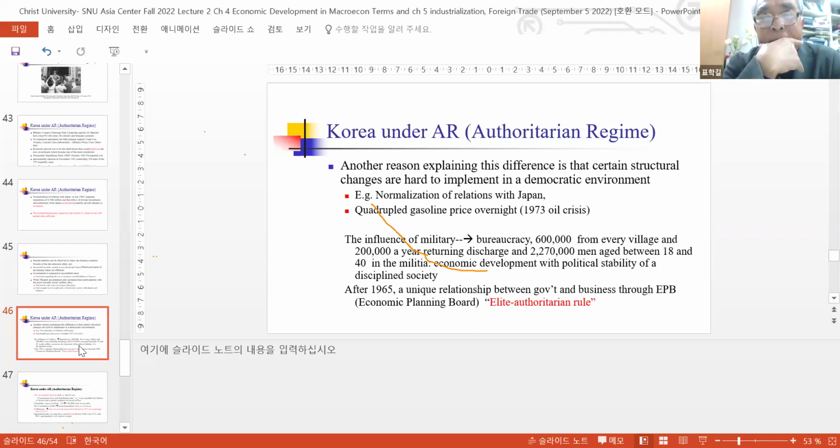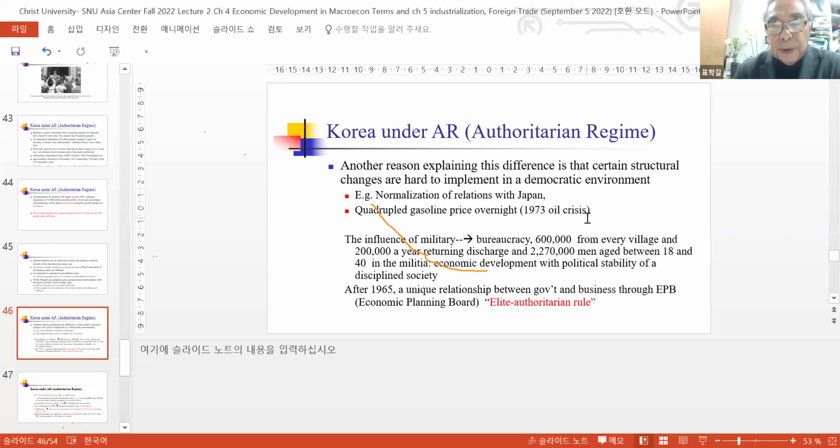Normally, in many developing nations, including Thailand, Malaysia, and Vietnam, there was large-scale demonstration because the overnight price increase of the oil crisis made the price of oil quadruple. But in the case of Korea, they were under an authoritarian regime, putting down all demonstrations by a semi-military government, no riots, and could maneuver economic development against this